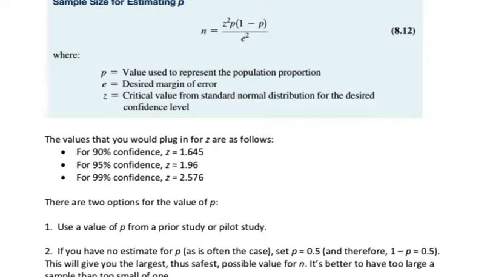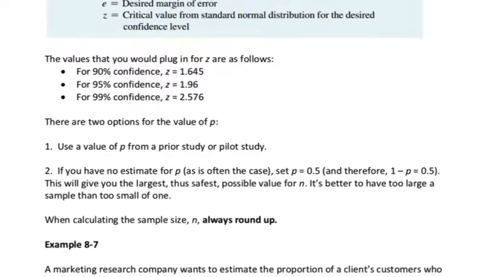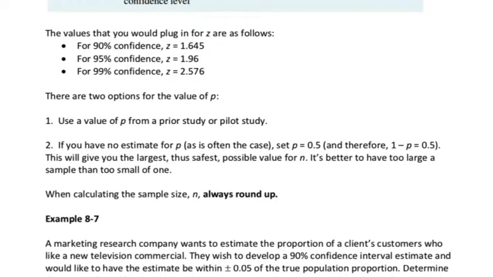The value for P is a little bit tricky. It's the value used to represent the population proportion. Since we haven't actually done the survey yet, we don't know what the value for P that would result is. So we have two options to represent the population proportion. The first option is that we can use a value of P from a prior study or a pilot study. The second option, if we don't have a prior study or pilot study to look at, is to set p